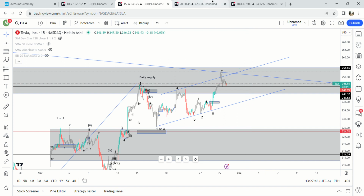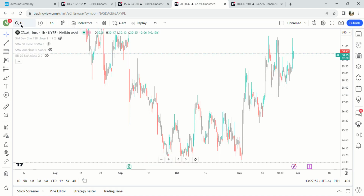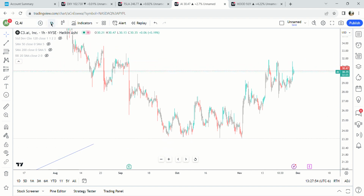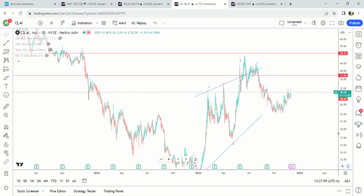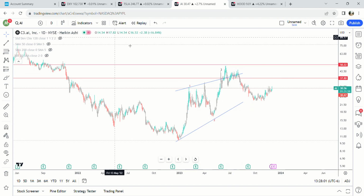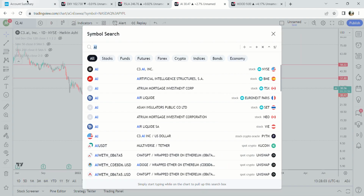Okay, update on the markets here on the 29th. Start off with Tesla. Let me get rid of this one. Don't know why I have this up here actually. If you're trading this stock right here, I do not like the setup at all. But some people like it. Let's see here. Let's pull up PayPal,